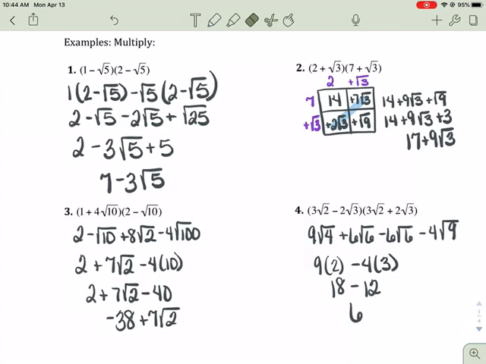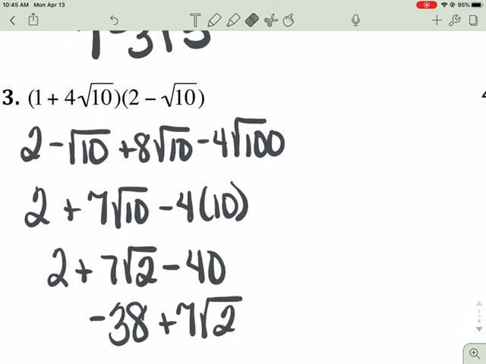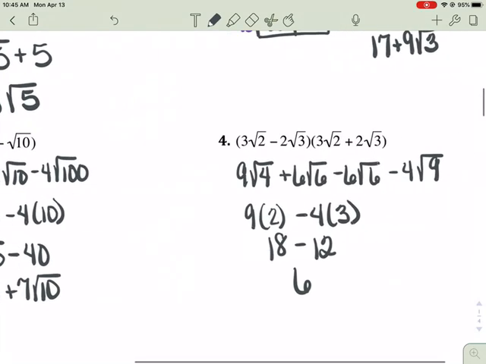Nope, I did bad math there. So this should be 8 square roots of 10. I don't know why I made that 2. Okay. So this should be 10, 7 square roots of 10. Apologize for that, guys. And over here,